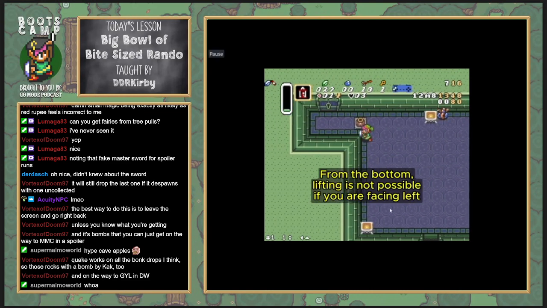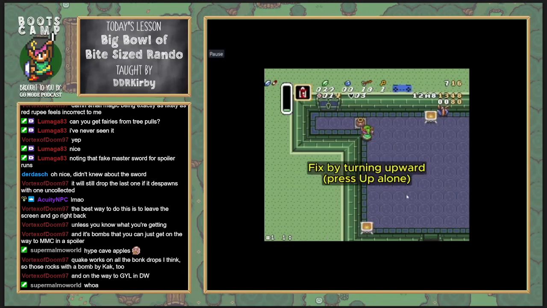Another thing that I've seen happen is if you're doing a diagonal northwest movement, and you happen to be facing left, you won't be able to lift the pot because you're facing the wrong way, right? So you'll need to turn up by pressing up without pressing left, and then you'll be able to lift the